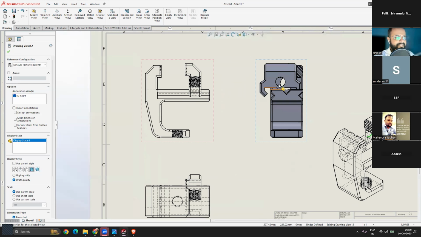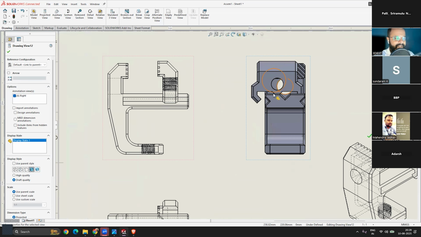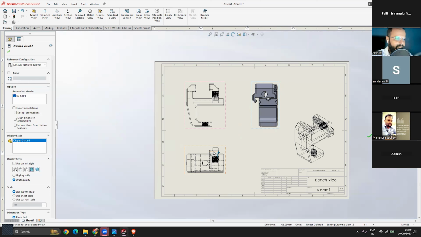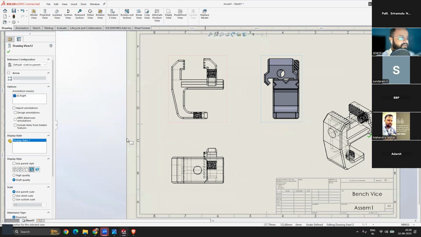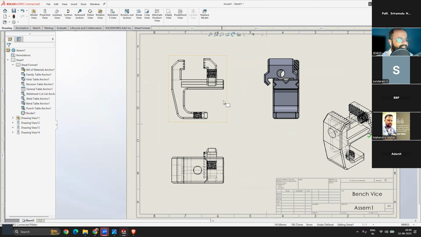Now here you can see in this assembly, this part is not correctly aligned. Here you can see it's moved a little bit. So that will be corrected in a second. But before that, let me show you some more things. So what we did, we changed the visual style for this one, so all the others got updated. But when we changed it for this one, the visual style for the others is not affected, right?